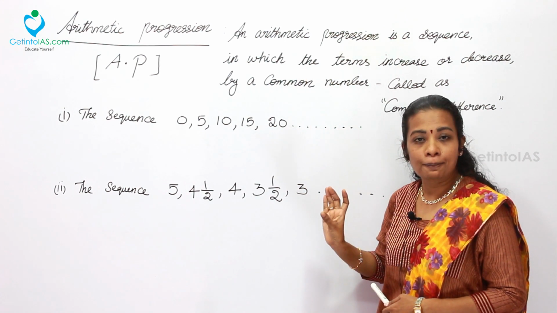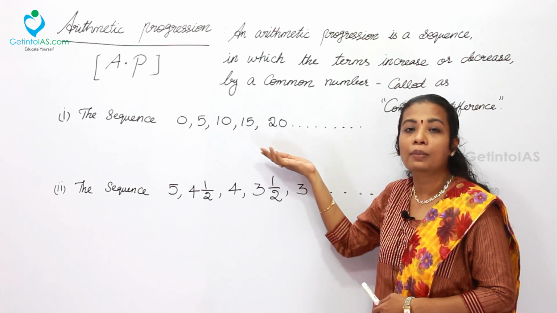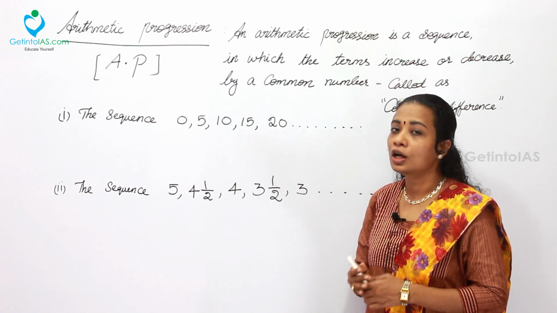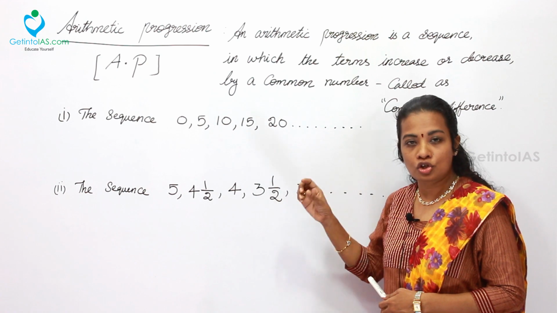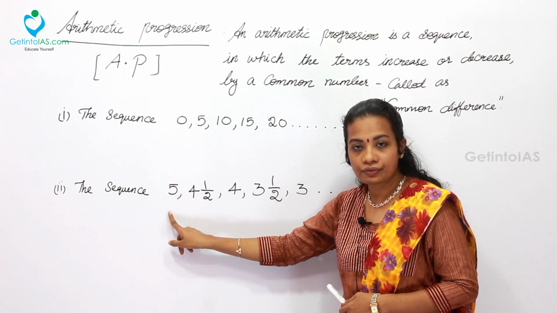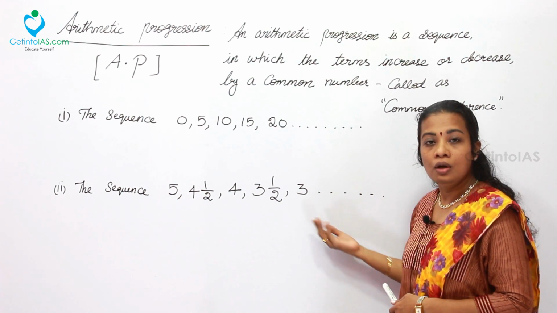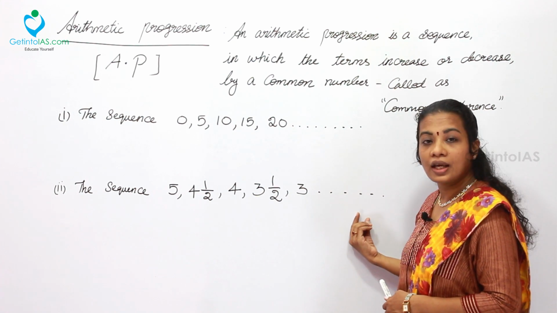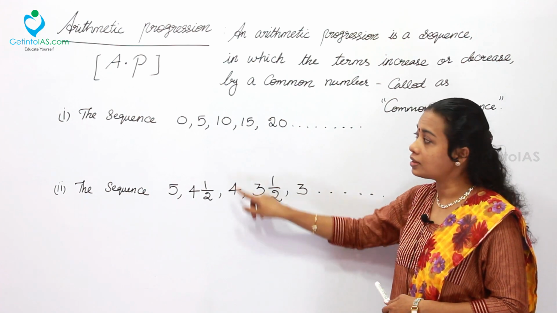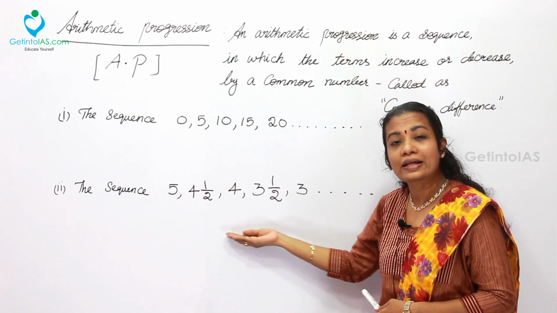Sometimes the arithmetical progression would end with a definite term. Sometimes it may not. So based on these series, questions may be given in the competitive examination. One such topic is AP. The second sequence which is given is 5, 4.5, 4, 3.5, 3 and so on. Here also we didn't see the last term, but the basic difference between the first and the second is that the first one is an increasing series while the second one is a decreasing series.